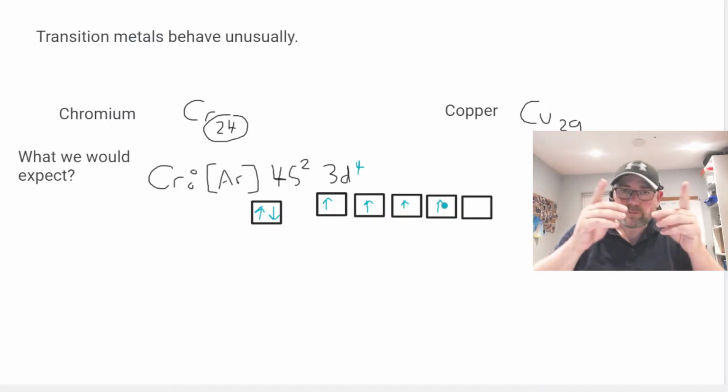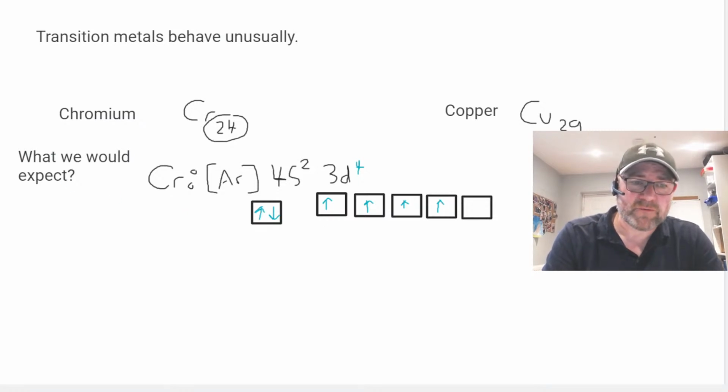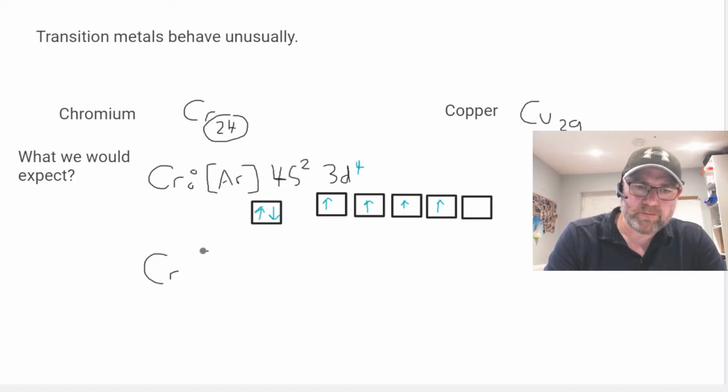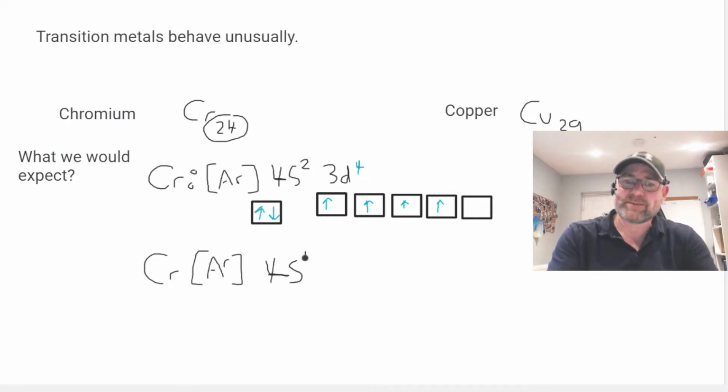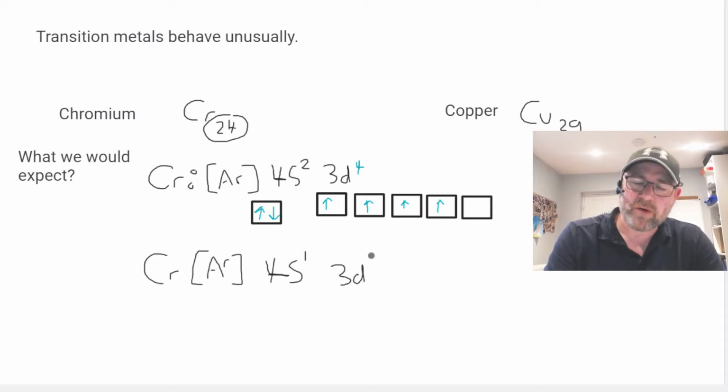However, there's a slight difference. What we actually find that chromium does, don't ask me why I put the R up in the air there, it's having a little fly, is that chromium moves one of the electrons from the 4s into the 3d. So we end up with 4s1, 3d5, and it's going to look a little bit like this. So we've got the 4s1,